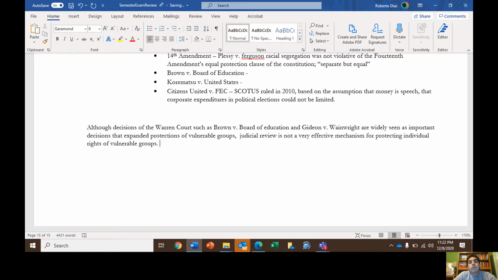I want to give a sense of why I don't think judicial review is a very effective mechanism for protecting individual rights of vulnerable groups. This picks up on the thread, so I don't actually have to rewrite the thing. You don't want to be repetitive, so I'm not going to be, but I'm going to say